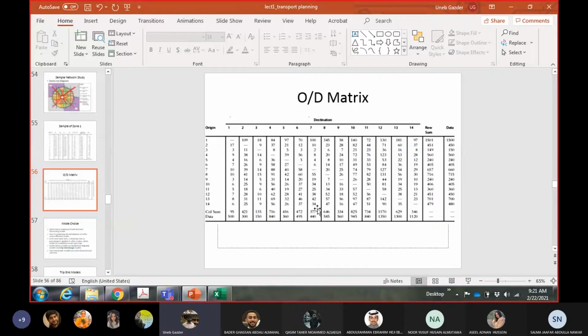We will try to, just for the sake, so that you can correct the OD matrix as well. Like I said, you have these numbers, and you can see the rows are balanced. Balance means the data should be the number of trips produced. Whatever zone they are considering, this is the number of trips produced from that zone, which is 1500.